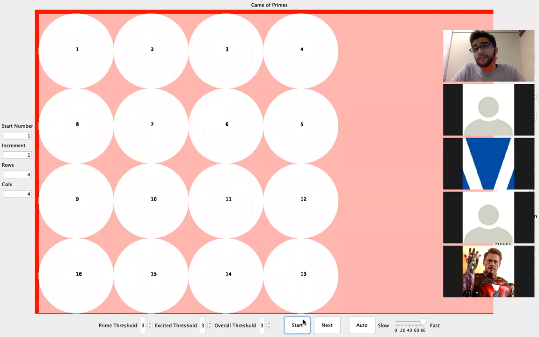And if the total is 3 or more than 3, then the cell in question also gets excited. That is how a person can get life. How a person can die in this game is if you are surrounded by too many. That is, if you have more than 3 neighbors who are either excited or primes, then you go